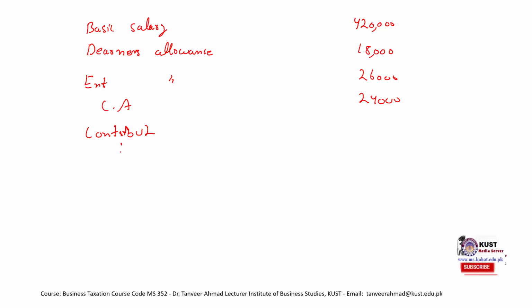So the employee contribution is 13,000, but it is already included, so we did not include it. Then the employer contribution. In case of a recognized fund, there was a rule that we need to follow. You can pause here and go back to our previous video to check the rule regarding the recognized fund, because this is a recognized fund.